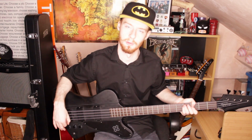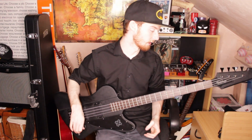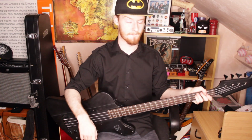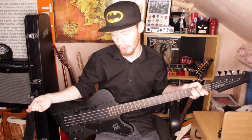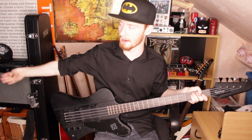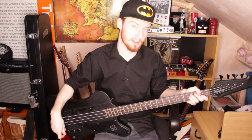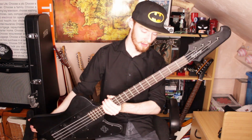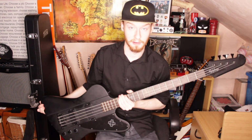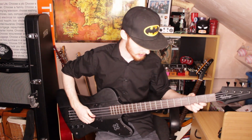So I got this bass off a guy on adverts. He was just selling it online. He was moving to America to get married, so he was selling some of his music equipment. I obviously couldn't get it from the States because it was just too expensive to ship, and if you wanted to buy it from Europe, then it would have been way more expensive, but for cheaper postage. So either way, I wasn't really able to afford it. But the guy on adverts was selling it for $250. I offered $220. He took the offer, and